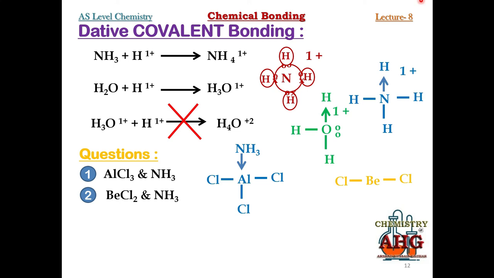So what you will do? You will bring 2 ammonia molecules close to beryllium, one upward with a dative bond towards beryllium, donor to acceptor, and another ammonia molecule that will donate a lone pair. So you can see in beryllium chloride, through the formation of 2 dative covalent bonds, the electron deficiency of beryllium is compensated. One last example you can practice. If you have been given 2 molecules of aluminum chloride, AlCl3 and AlCl3, try to give a structure for these 2 molecules having dative covalent bond formation.